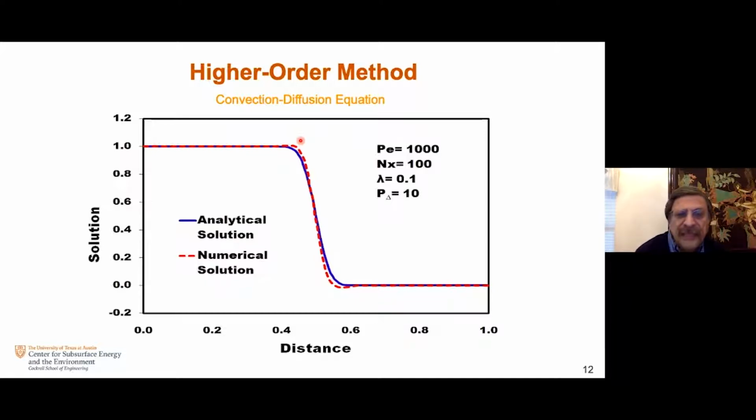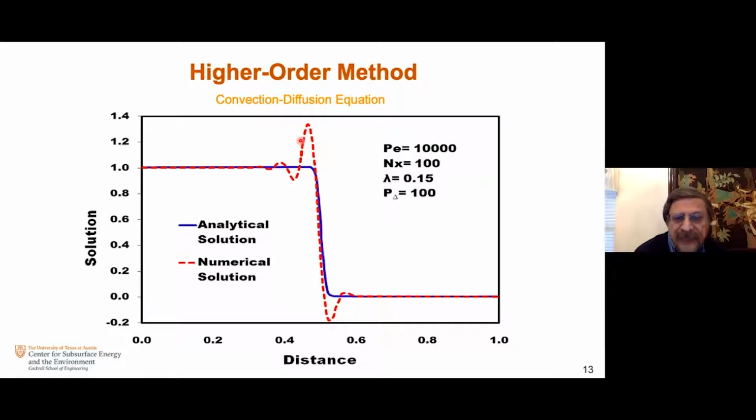Okay, but for the same problem, if you go to the limit of Peclet number of 10,000, even the higher order method oscillates. And as you can see there, the amount of oscillations is very large. So some of the development, and I'm not going through a lot of detail, but I'm giving you some overview on this,